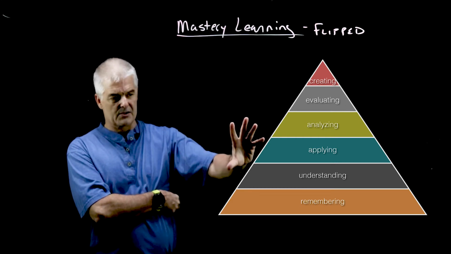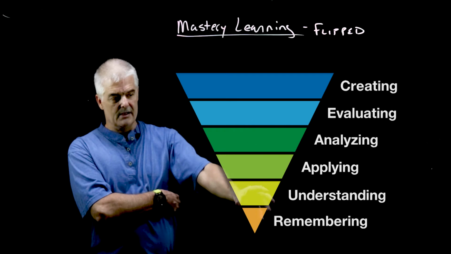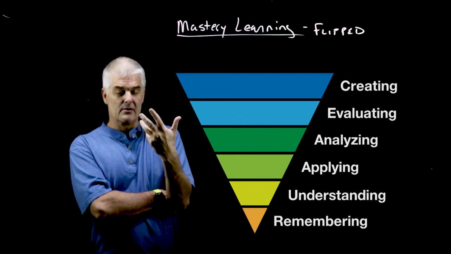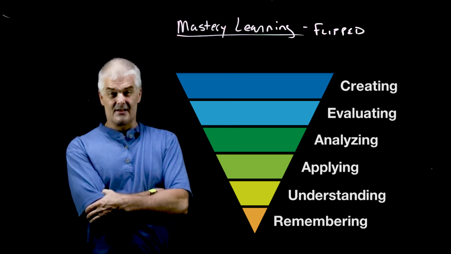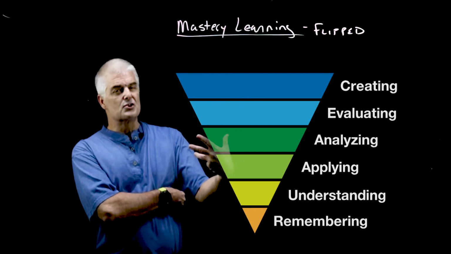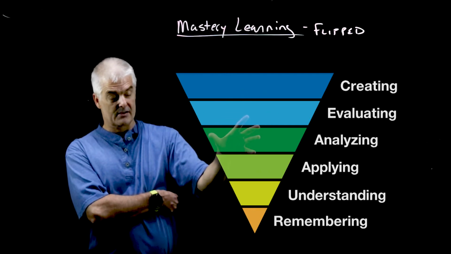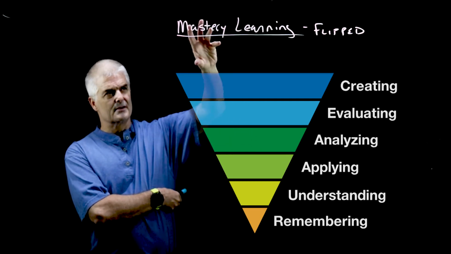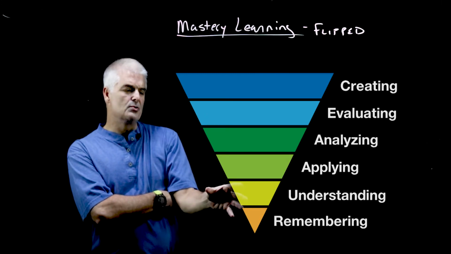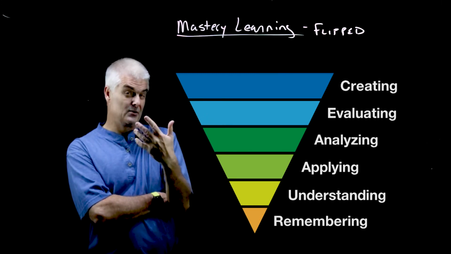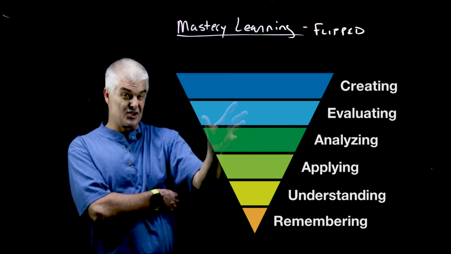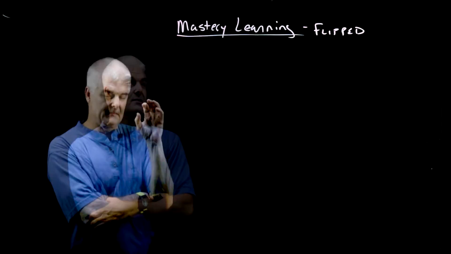The idea of a flipped classroom is to take this and flip it upside down. You still need to have remembering and understanding, but you spend less class time here and more class time on the hard stuff, because you're in a hard science class. In a hard science class, you don't want to be going home to get help where there's no one there to help. You want to do the hard stuff in class. And in mastery learning, you're going to be doing some things more on your own individually. So here's a big pro tip. Make sure you do the pre-work, which tends to be a flipped video or a flipped reading assignment, outside of class so that you can use class time. And then when you're stuck, you can get help from me. Now that's a flipped class, right?